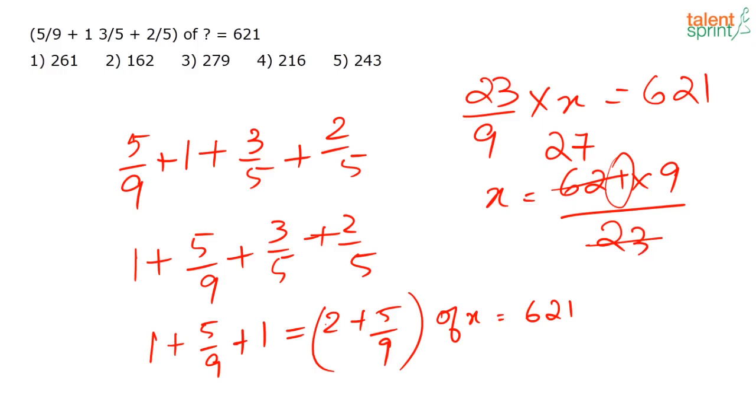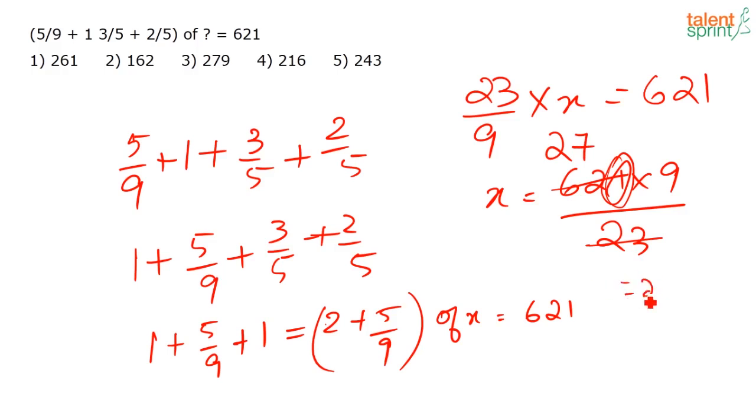See, we know what is 23 into 3, correct? See, if you are saying 23 into 2, that is going to be 46. 460, no, it is much different from 620, correct? So what is 23 into 3? That is nothing but 69. So 23 into 30 is 690. So 621 will be 23 into 27. How did I say it is 27? Because the last digit is 1. If the last digit is 1, when you multiply 3 with 7, then you get the last digit as 1. So I approximated that and took. So 27 into 9, that would be the value of x.